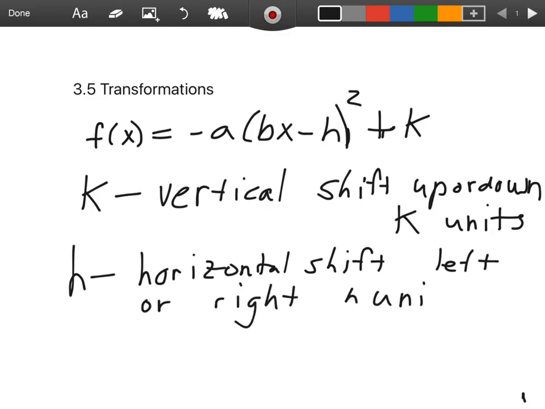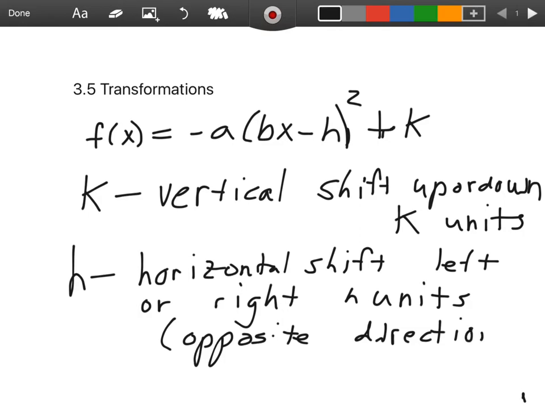H units. And it's important, I have the negative sign there because it goes the opposite direction of sign of K, or excuse me, H. Okay? So if H is negative, we go to the left, or excuse me, to the right, and if H is positive, we go to the left. Okay? So for example,